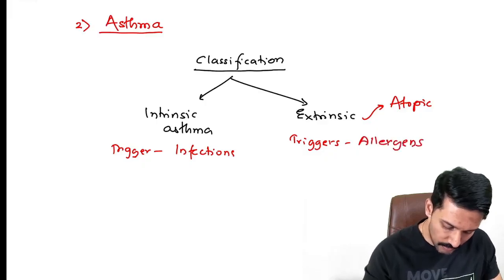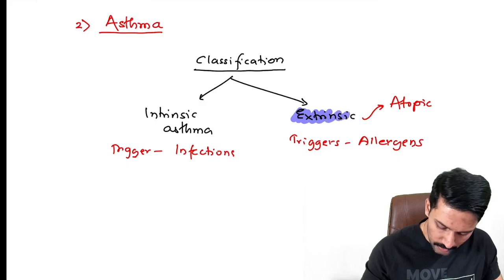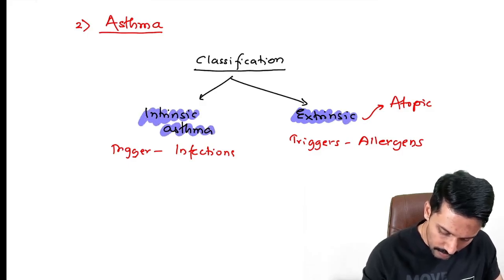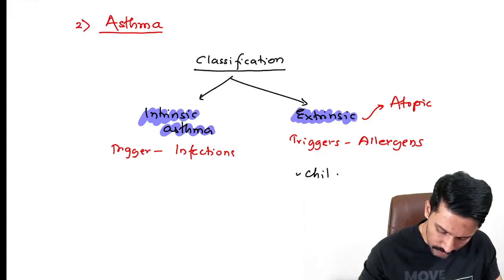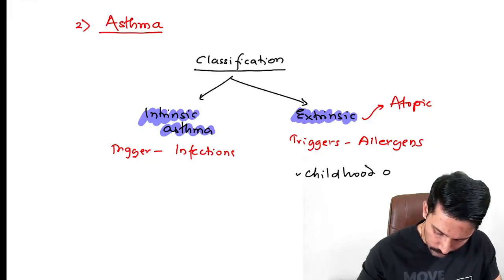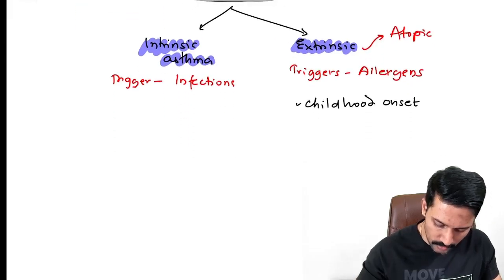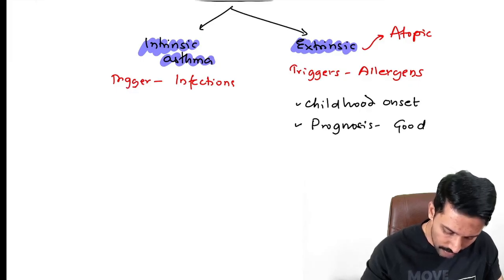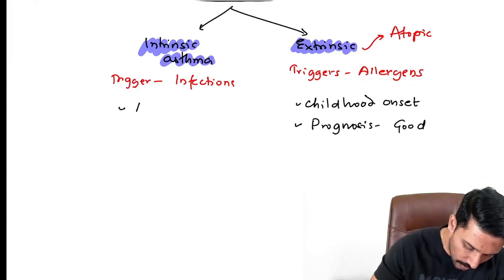Extrinsic asthma is typically more common in children. It is childhood onset asthma, and because most children outgrow asthma, it is considered to have a good prognosis. On the other hand, intrinsic asthma is adulthood onset,